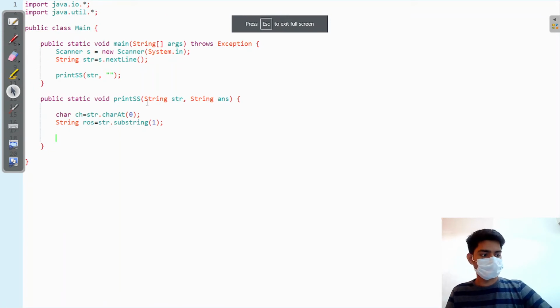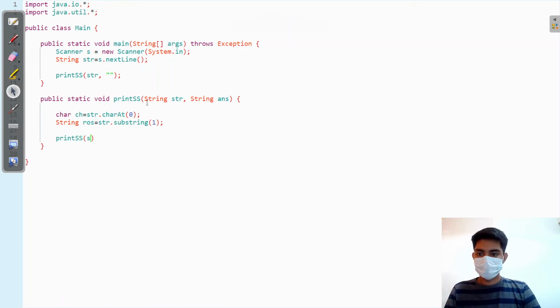Now we will make the call, and I have faith in my recursion that first I'm going to add my answer. I'm going to include myself in the answer. So the rest of the string, I'm going to pass as my question, and I'm going to include myself in the answer. And then I'll have faith that I'm not going to include myself in the answer, and you will get me the results.